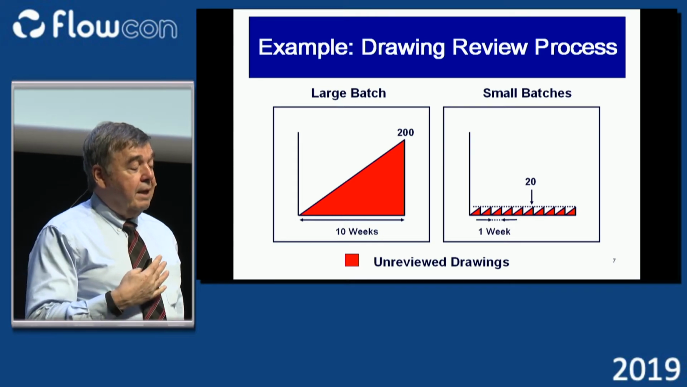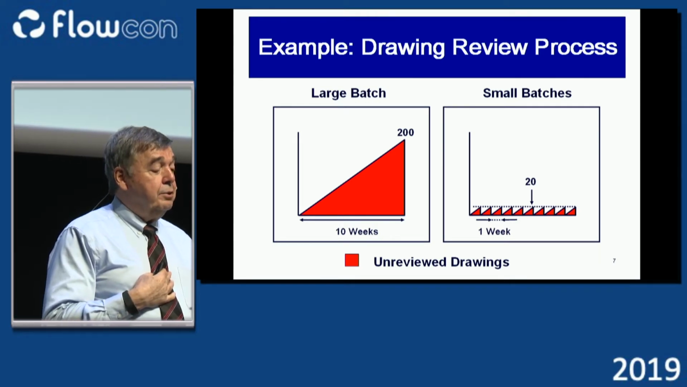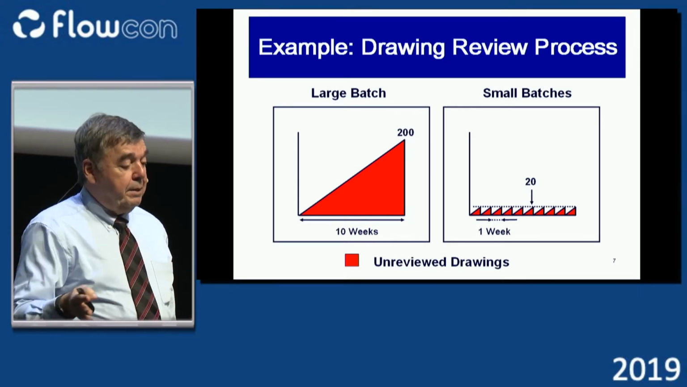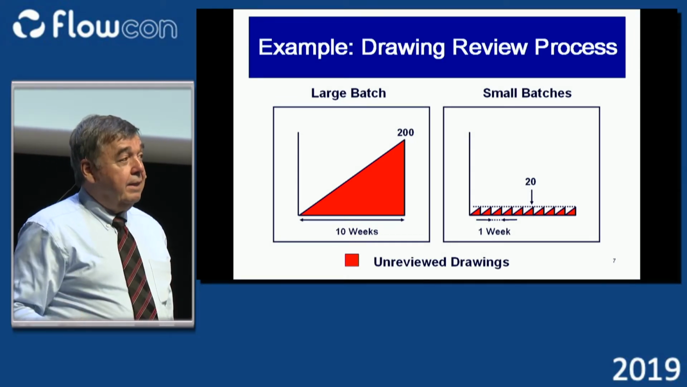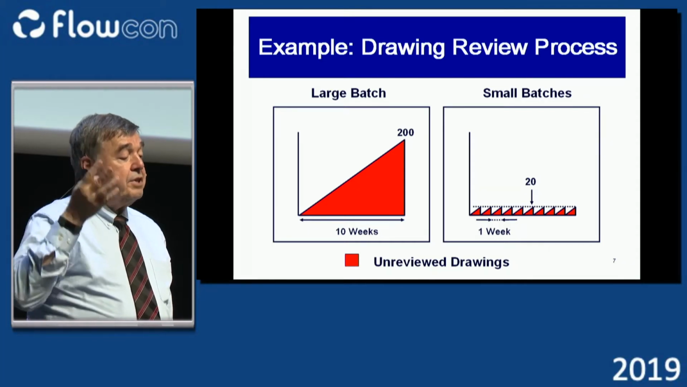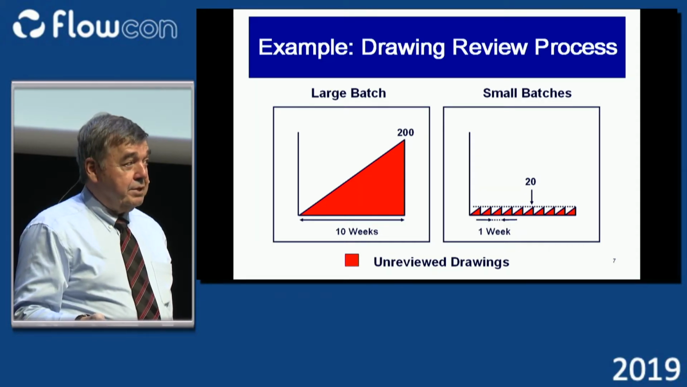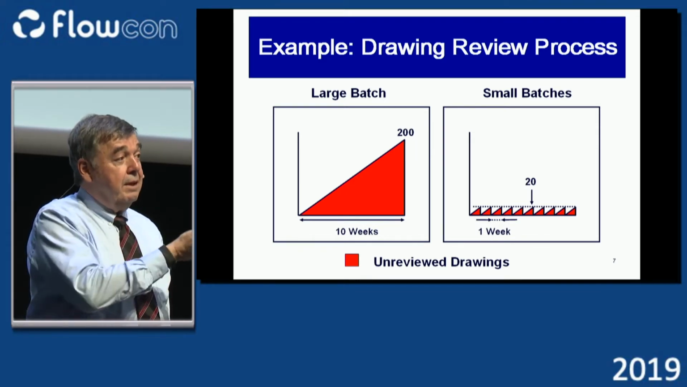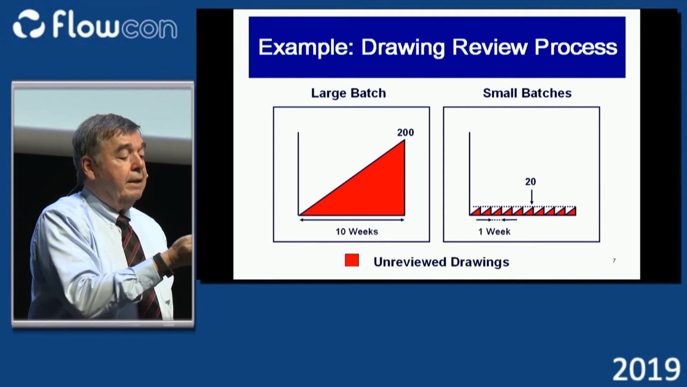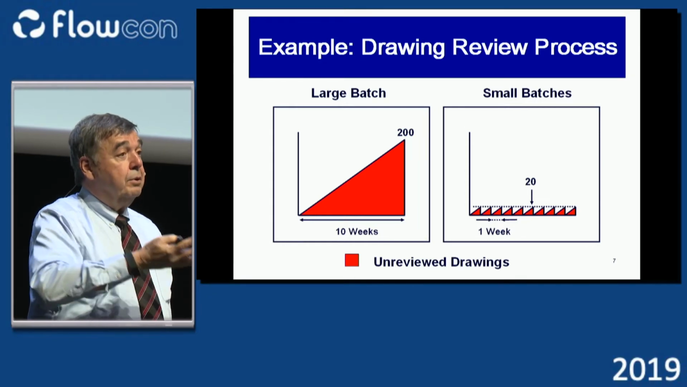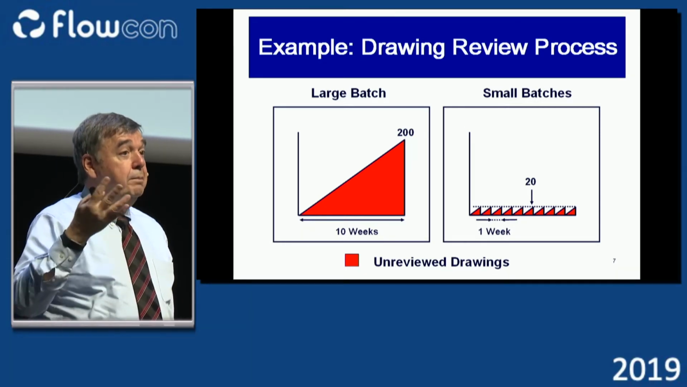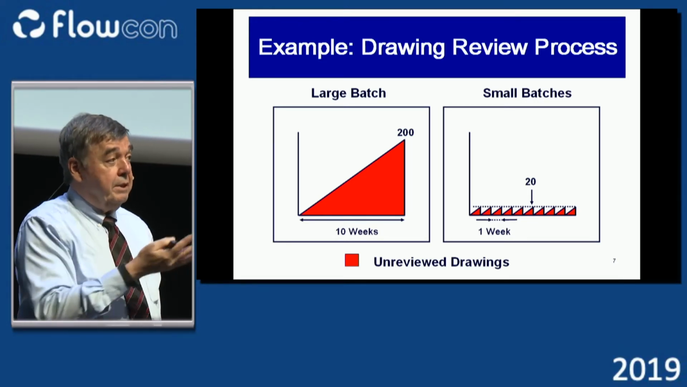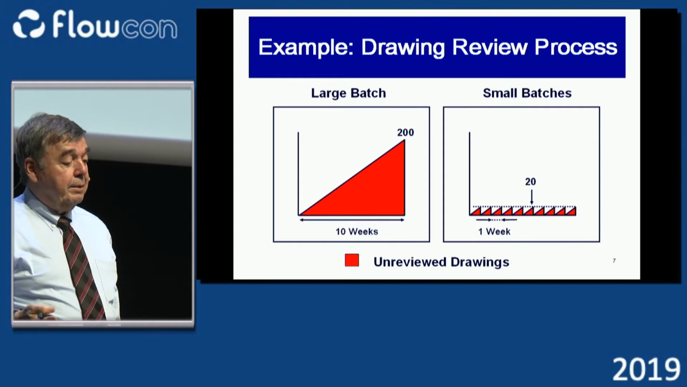So on the left-hand side, they do 10 weeks worth of drawings. The design people do 10 weeks worth of drawings. Then they hold a design review on the drawings. And then after the drawings are reviewed, this is a mechanical product company, the next step is the drawings go to material planning. So the material planning people start thinking about what materials do we need to order to be able to manufacture